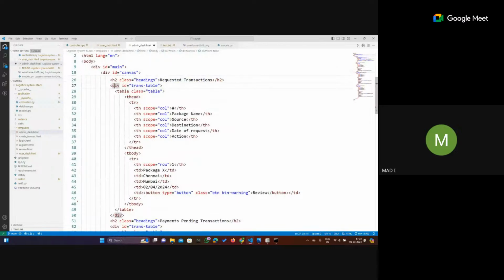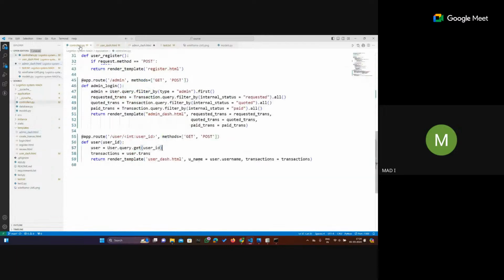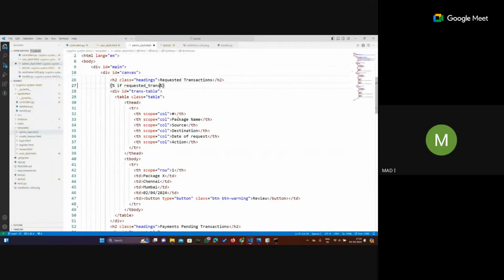So here in this table, this is the first table, I can directly write everything. For requested transactions, we'll use an if block very quickly. If requested_trans, underscore, yes. So if requested_trans.length equals 0,